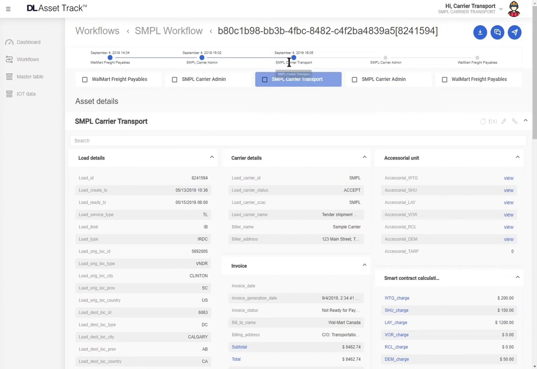Below the workflow instance timeline is the participant group view. This view allows you to see how each workflow group sees the workflow instance. It's important to know that all workflow participants belong to a workflow group. Now underneath here, we can see the workflow instance details, which includes all of the important details such as the shipment tender details, which can be found under load details, the carrier details, showing the detail regarding your organization, the invoice detail, allowing you to see the draft values for the shipment invoice,